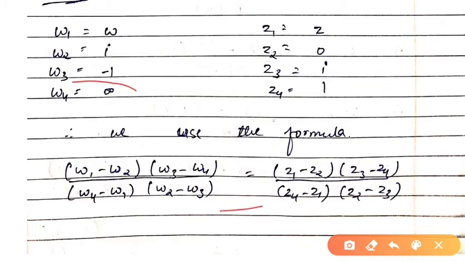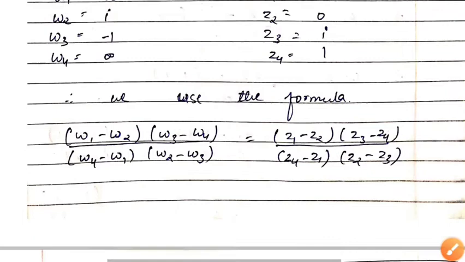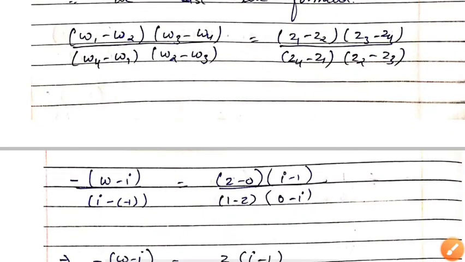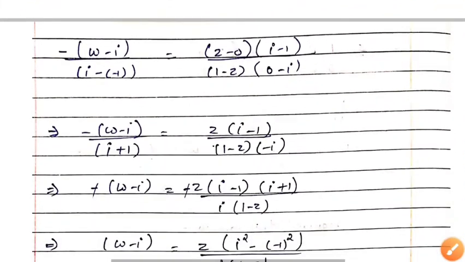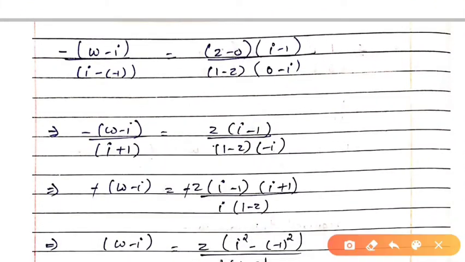See, now here w4 we are having as infinity, so I will remove this w4 and I will put minus sign over here. Okay, see, I have removed here w4 and I am putting here minus sign. Rest all the values I will put and I will obtain this equation, right? Now see, this minus I am keeping as it is. In the denominator portion, this minus minus will become plus over here. z minus 0 can be written as z and rest of the part will be as it is.